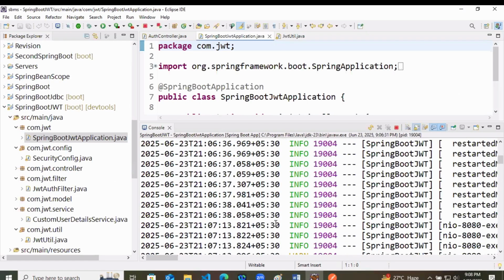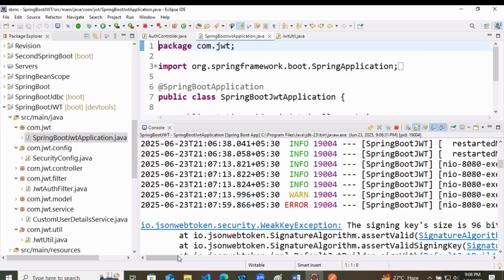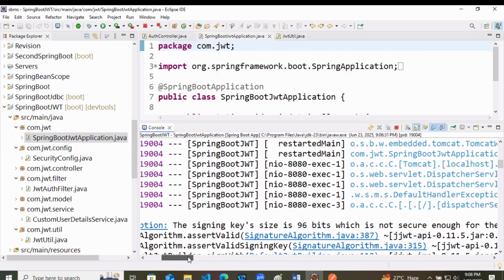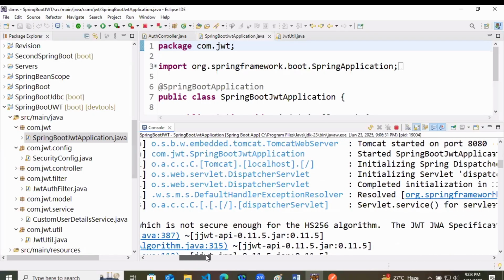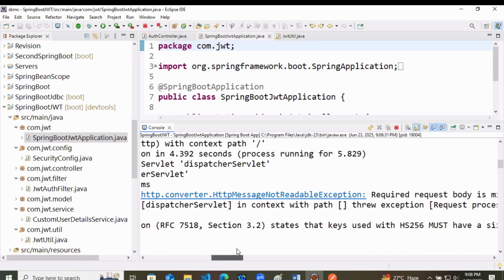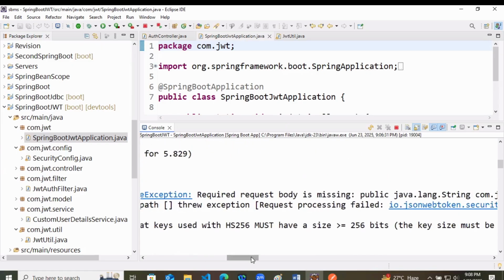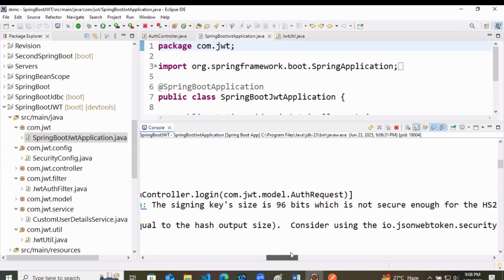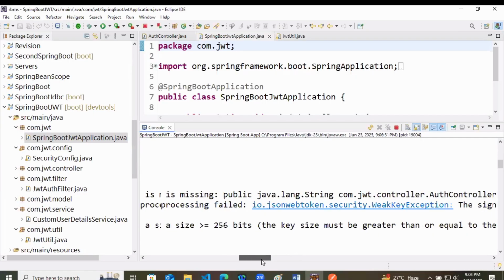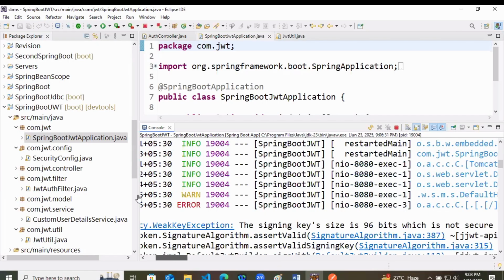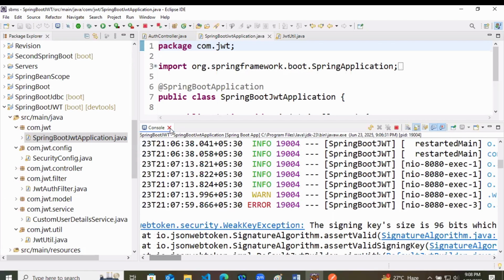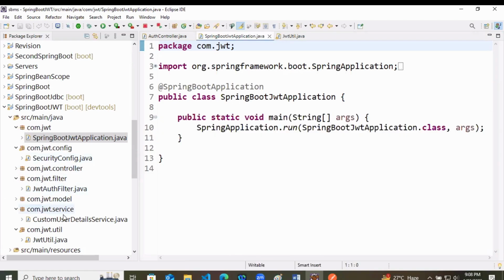So let's check what the error is. The signing key size is 96 bit, which means our key is very small. So we will go to this.